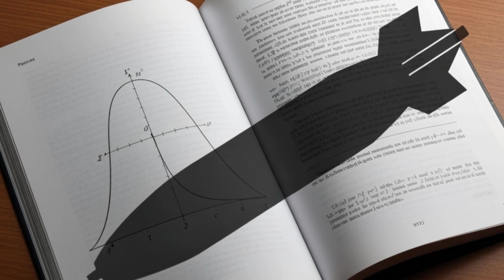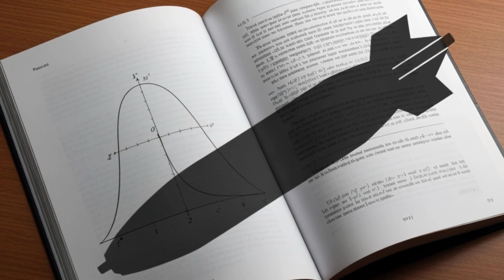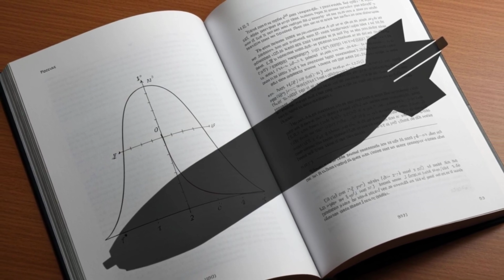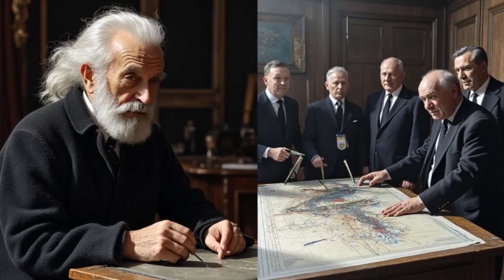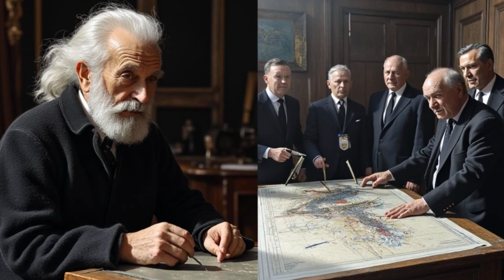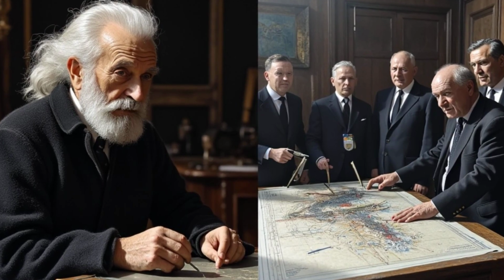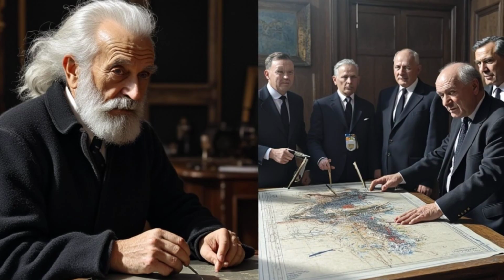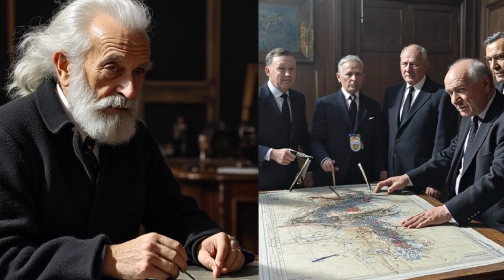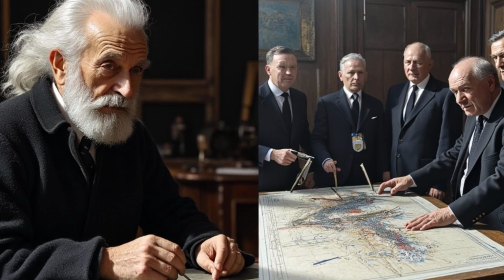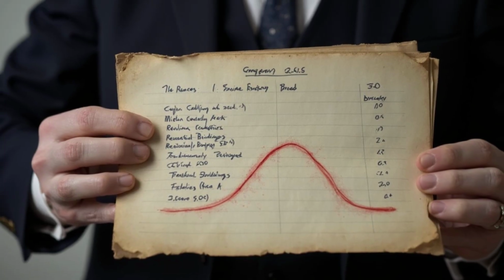This isn't just another story about World War II. It's about the moment when mathematics stopped being innocent, when numbers became weapons, when a curve that should have remained safely tucked away in textbooks instead became the blueprint for some of humanity's darkest hours. So, settle in, because we're about to explore how an equation discovered by a German genius in 1809 became the mathematical foundation for strategic bombing campaigns that would incinerate entire cities, how statisticians in suits and ties calculated death tolls like grocery lists, how the bell curve became a killing curve.